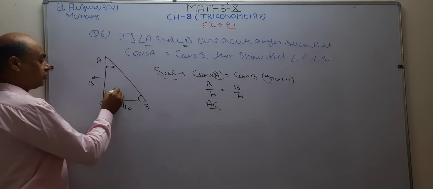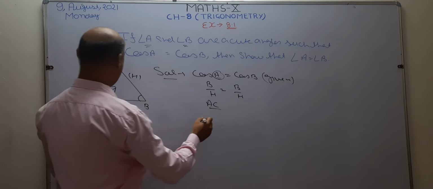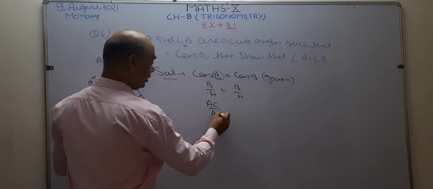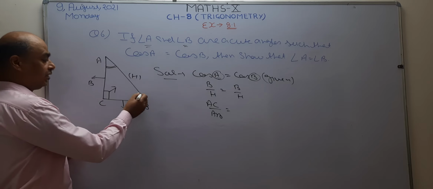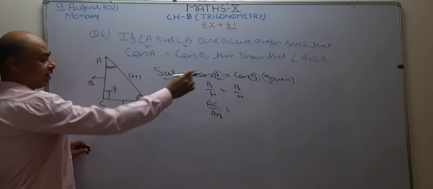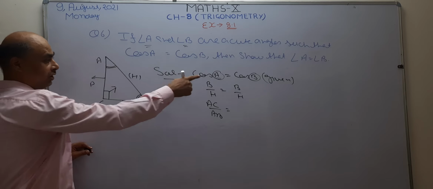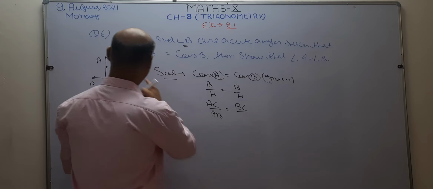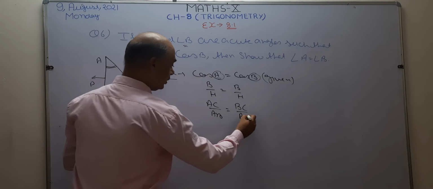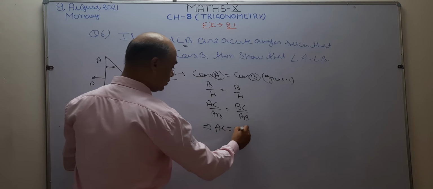As you know, the side opposite the right angle is known as the hypotenuse, so this side is the hypotenuse, AB. Now, in the second part, angle B is given, and angle B lies on this side. So in the second part, this side becomes the base and this becomes the perpendicular. So the base is BC, and the hypotenuse is again AB. Now this AB cancels with AB, so this implies AC is equal to BC.